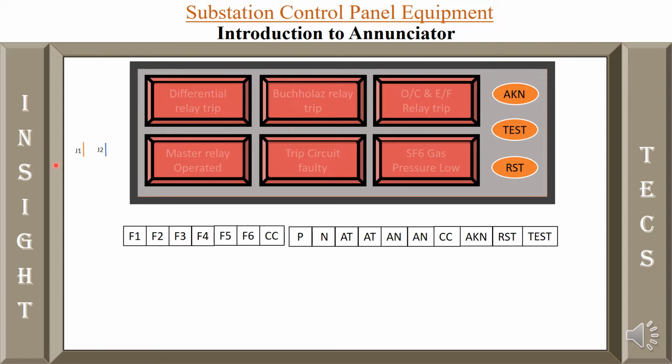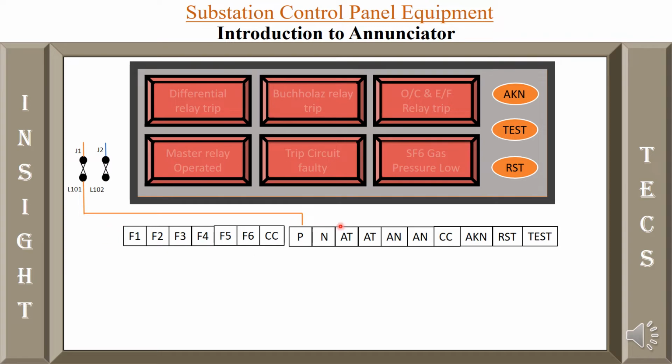So we have J1 and J2 contacts, and then there is a fuse, and then this J1 and J2 will be called L101 and L102, a basic nomenclature for indication purposes in the panel. L101 is connected to the positive point.